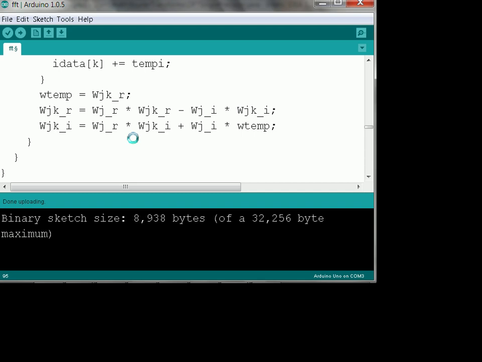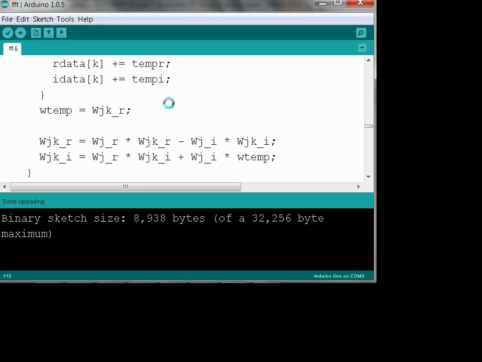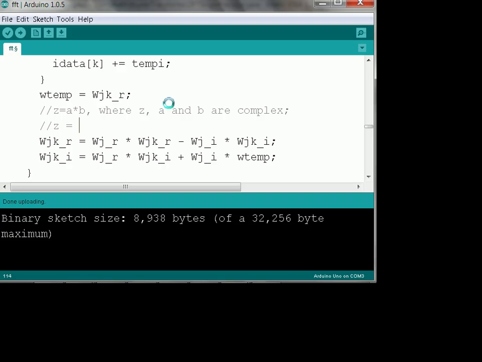This here, that's a complex number computation. How can I tell? Well, it's like this. If z equals a times b, where z, a, and b are complex, then the way you would write that is z equals